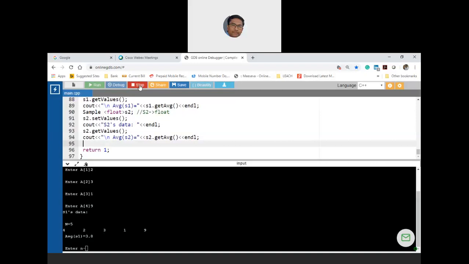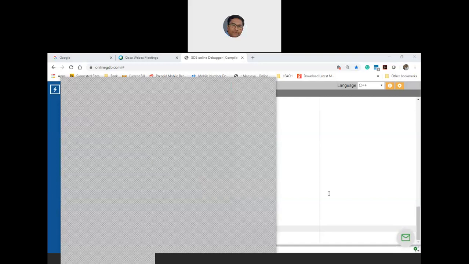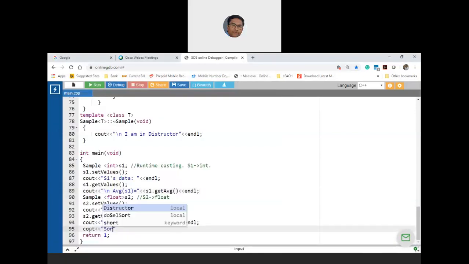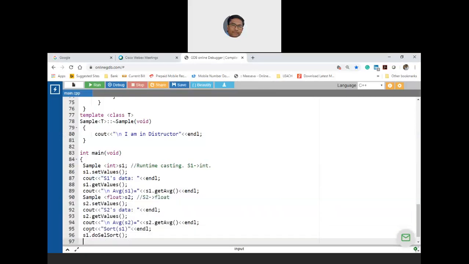Let us stop this and let me go back. I think it is already 11. Okay. So let me, after finding the, oh, I'm sorry, finding the average, I'll write sorting of S1 dot do cell sort, again print S1 dot